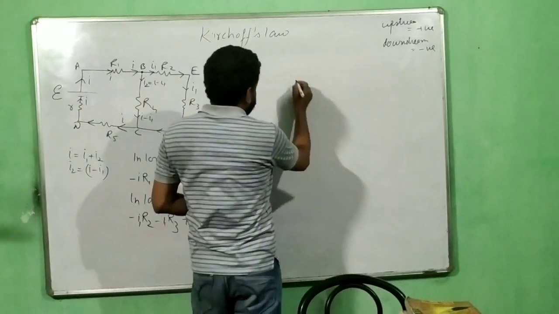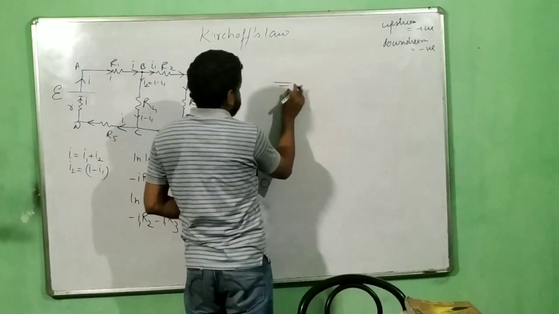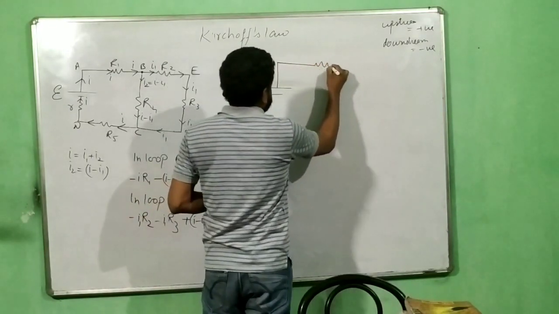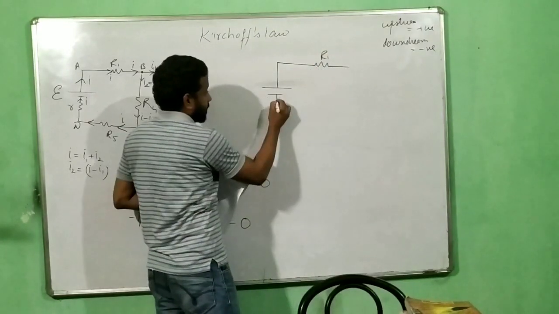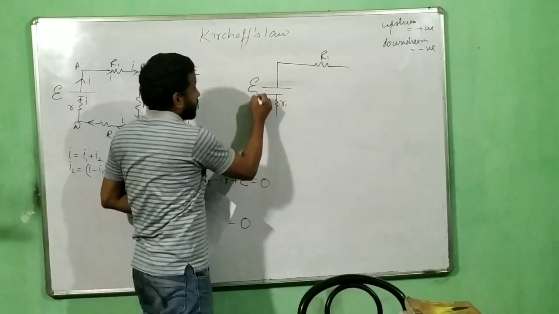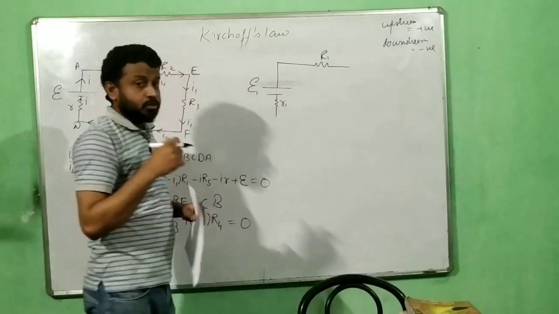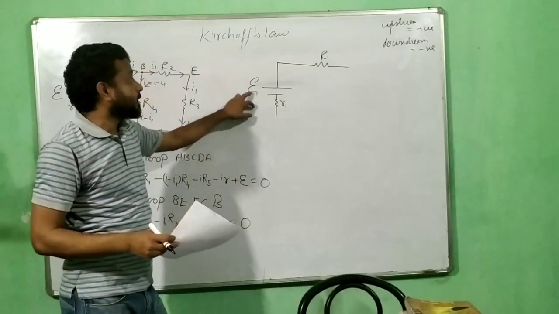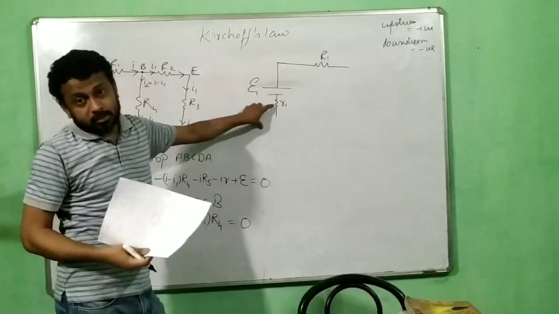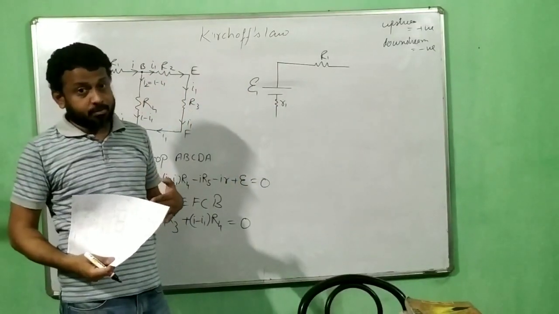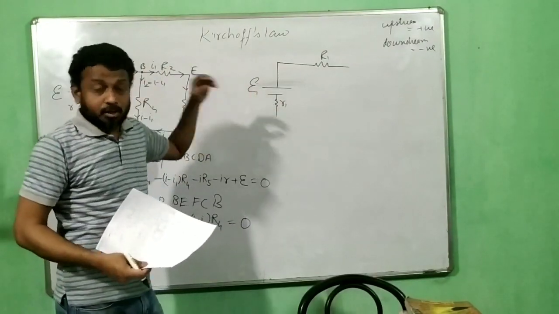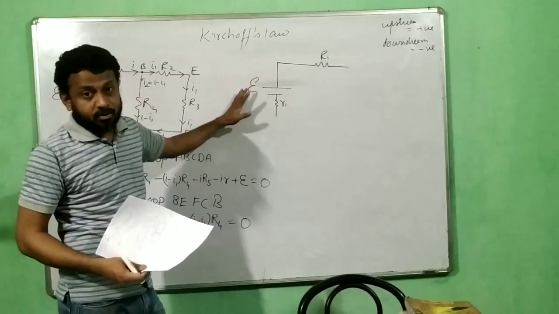Now I will introduce two cells in the same circuit. I am saying that this is your EMF E1 and this is your internal resistance R1. Now when you read a question of board exam, they will just say that this EMF has an internal resistance. They will not draw this. So when you are copying the question from the question paper, you are supposed to draw the internal resistance. Otherwise you will forget about this and you will lose your entire marks of the question.